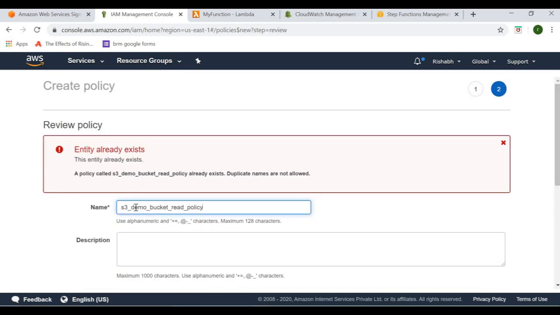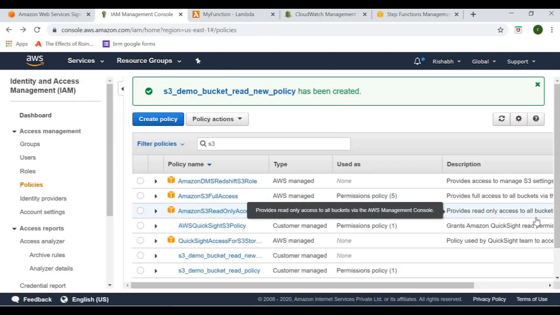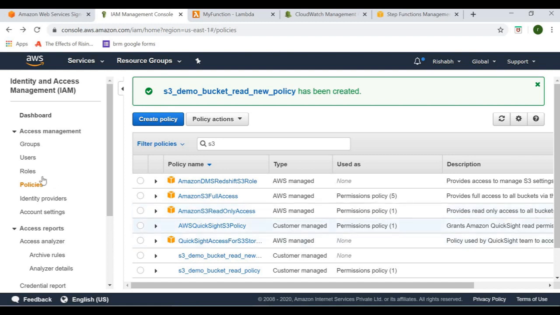This name already exists, so I'm just going to say a new policy. So I have created my own custom policy. Similarly, you can create custom policy for anything, for any DMS task, for any invocation of any of the Lambda functions, write permission for S3 access, or anything. So you can create your own custom policies.